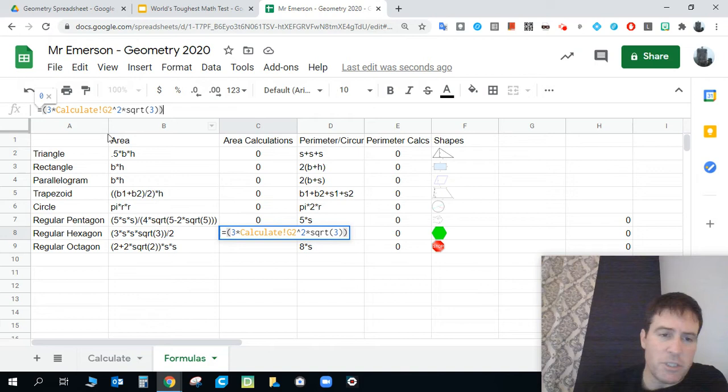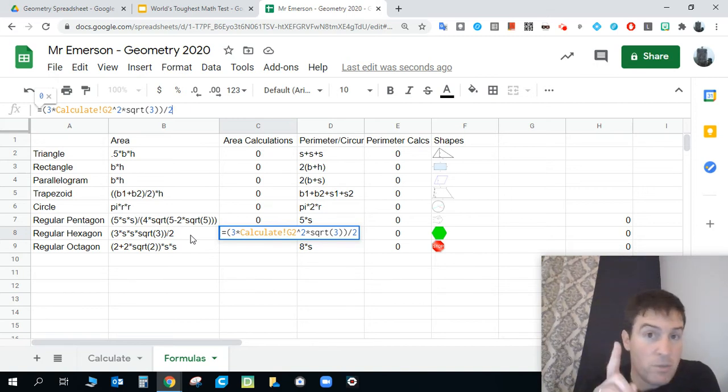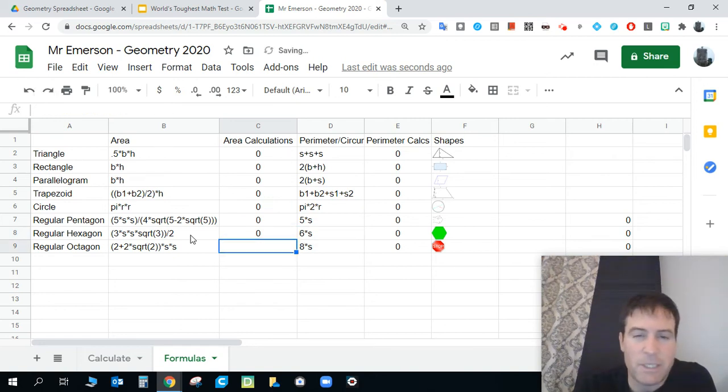Now I've got the division symbol. You see we're dividing that whole big function by 2. So I'm going to use the division symbol, which is right under that question mark, it's just a slash, and then the number 2 to wrap up my function. So again, my formula is 3 times calculate G2 raised to the 2nd power times the square root of 3, all of that divided by 2. There's my function, my formula. I'm going to hit enter, and that formula is there,